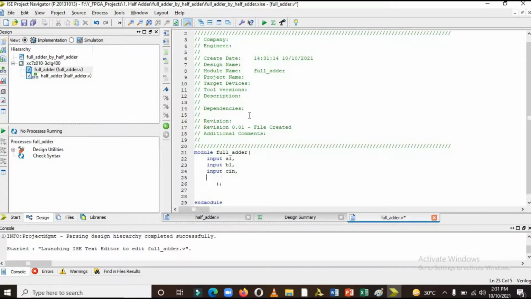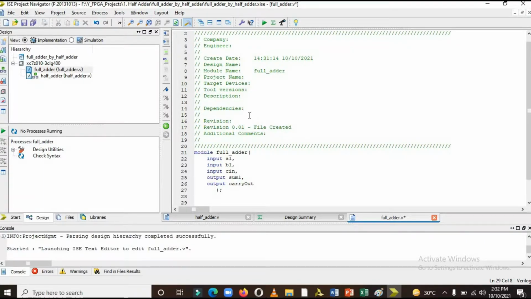Alright, and we have two outputs, output sum1 and output carry, carry out. Because we are developing the full adder circuit by the help of half adder circuit using the instantiation method.